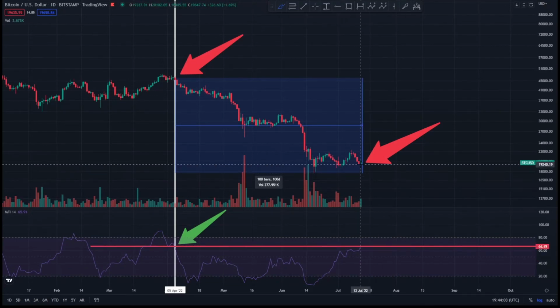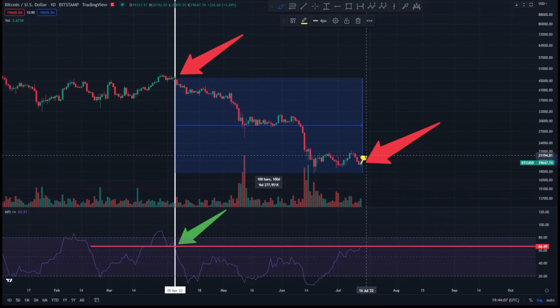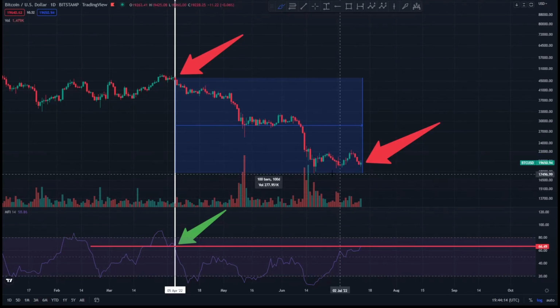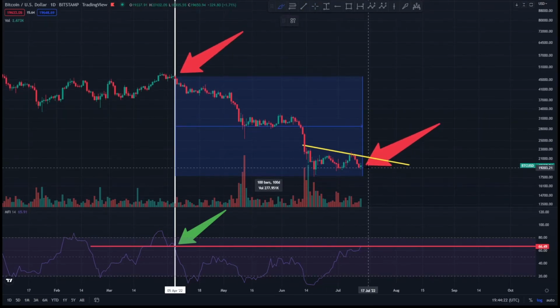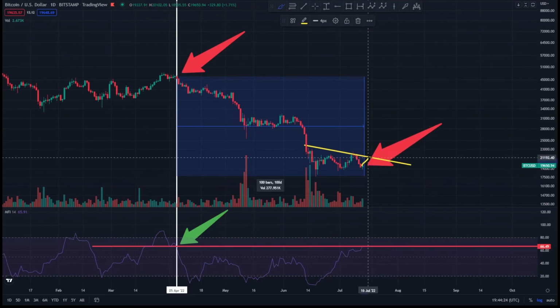And if we don't, and we do approach levels like 21,000, which I don't think that we're going to get up to, but let's just say hypothetically we come up to 21,000, this would be interesting as well because we've got a trend line. I'm not going to draw the RSI. I've made a video, and I'll be posting this as well, about the double bearish divergence that we've got going on. But let's say we come up to our divergence descending trend line, we could come up to 21,200,